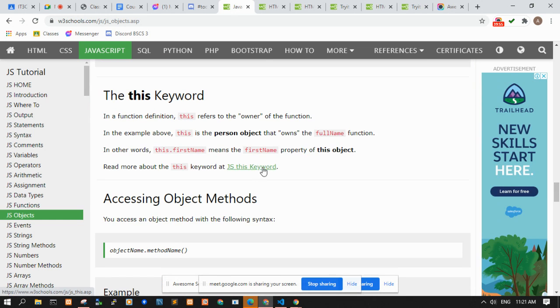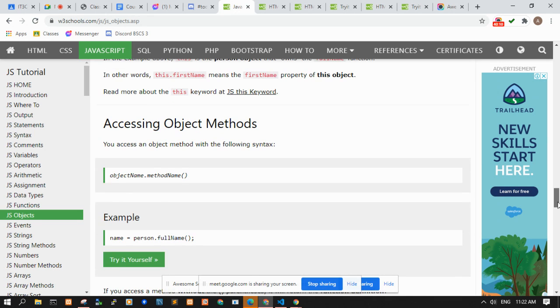We will have more discussion on the this keyword when we will be discussing arrow functions since it has a different meaning with arrow functions. Okay, object methods. Ayan, for accessing the methods inside object, you have to use the object name followed by the method name.